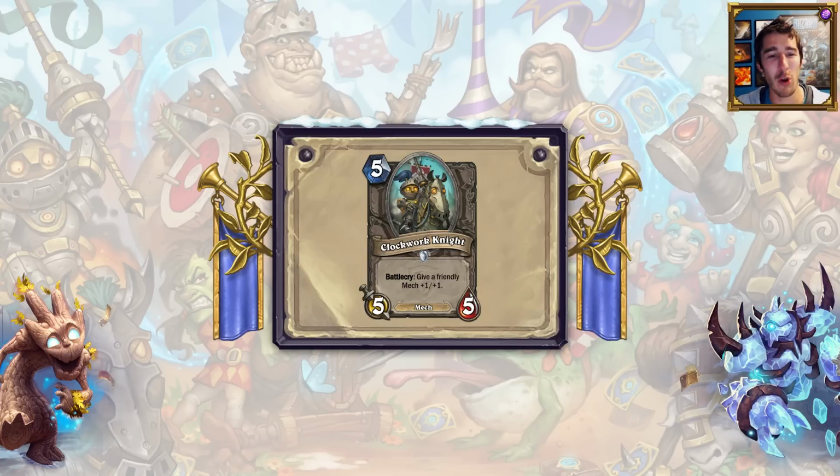5 mana, 5/5, Clockwork Knight. This is a Mech. And his Battlecry is give a friendly Mech +1/+1. The 5 mana slot, I think, is one that was vacant for Mechs. What does Blingtron cost? Is he 5? I suppose he's there, but this guy is obviously going to be a lot different than that. He's also got some cool art, but like the Battlecry, a friendly Mech +1/+1. Why would you play this over something like a Shattered Sun Cleric, which is much cheaper? And I suppose it's a 5/5. I don't know, and it's only on Mechs, so like...